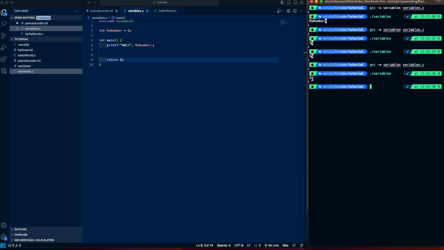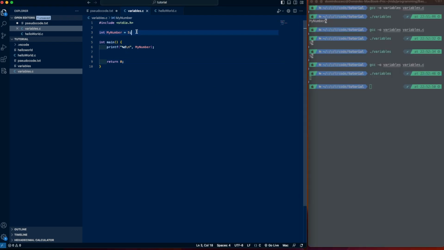And now it writes 5 onto the screen. Now our next task is to add 2 numbers to the screen. To add 2 numbers to the screen, we have to make another number, my number 2. Let's make the value 10. And here we can just use the same text, but instead of